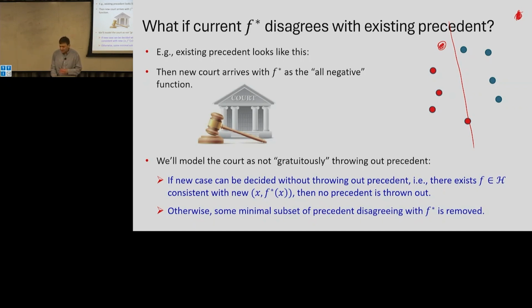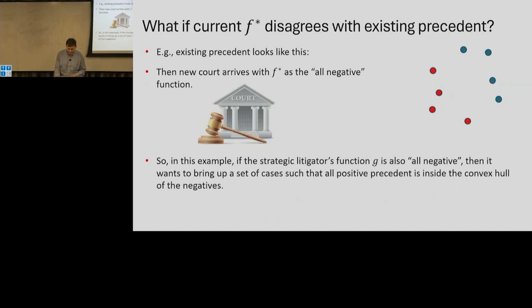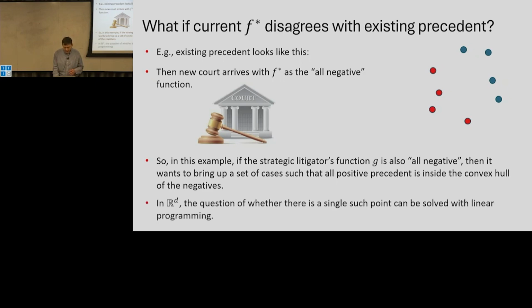So that turns out to be an interesting model, and you can sort of analyze the problem and how points might select cases in that case. Right. In that case, the strategic litigator would want to bring some cases that sort of force all the positives to get thrown out. All right. Anyway,